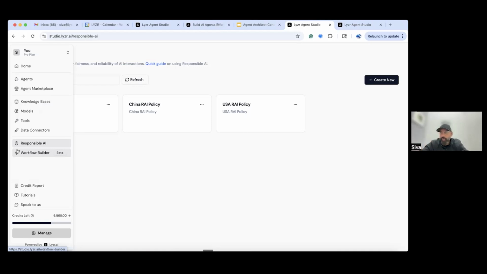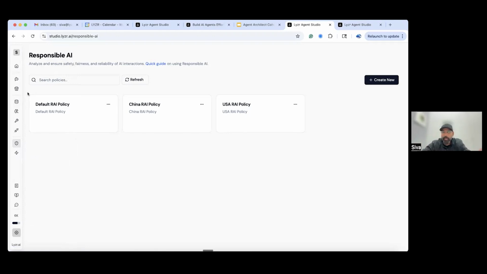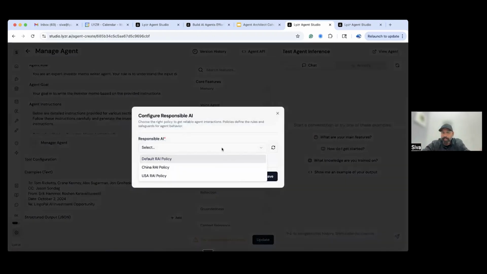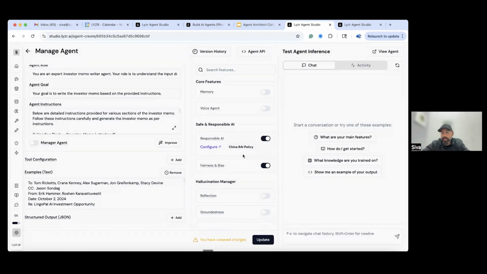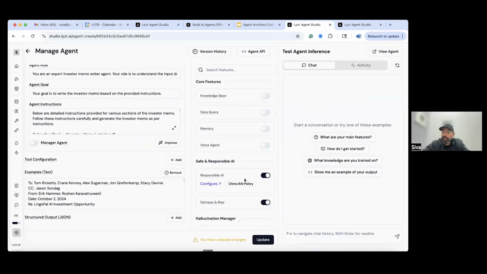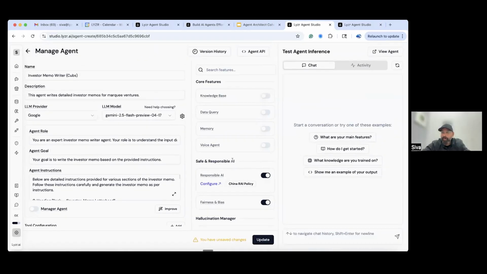If you know the EU AI Act, the second one is coming out on the 2nd of August, I think. They have their own rules. Canada is coming up with one. So pretty soon, every country is going to come up with their own restrictions and guidelines. So as a CIO or as a CISO, centrally you can build these policies and enable them. As a builder in China, I would see that the China RAI policy is enforced centrally. I cannot go over and above it. Whatever I build will automatically